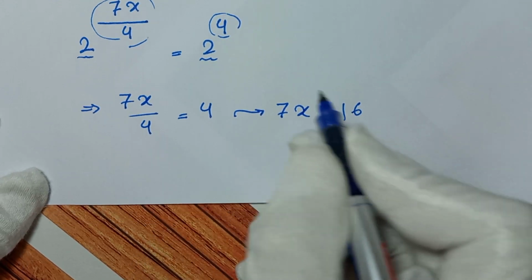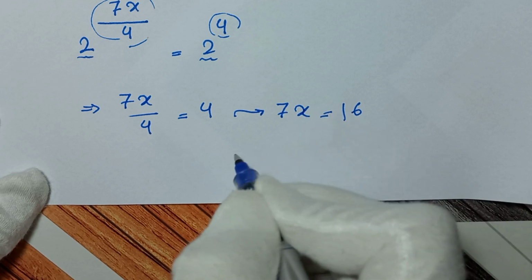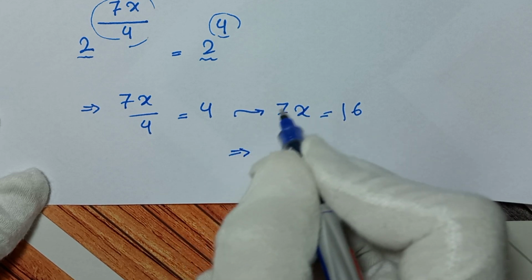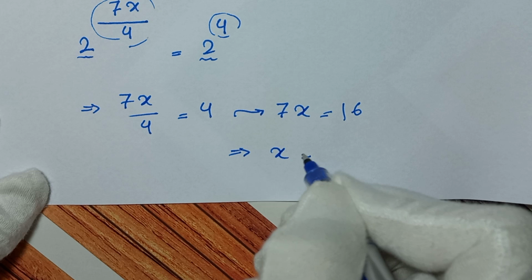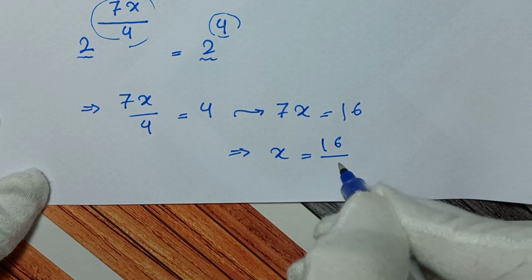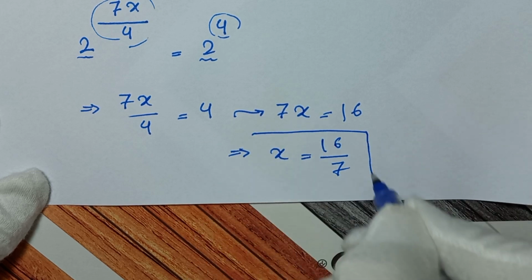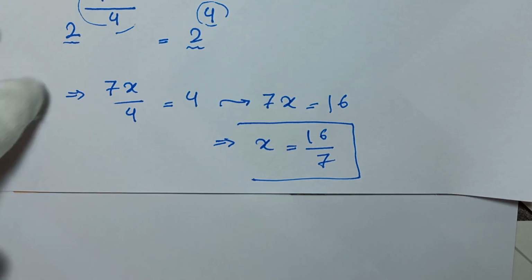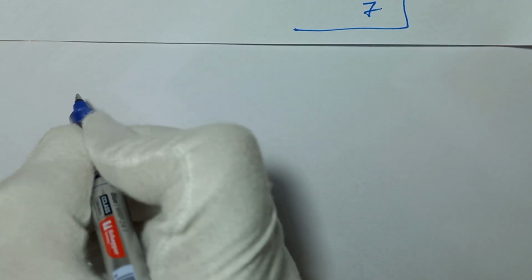And in next step, we divide both sides of this equation by 7, so this 7 will cancel, so it will be x is equal to 16 over 7. So this is our answer. And in next step, we solve this problem with the second method. So for the second method,